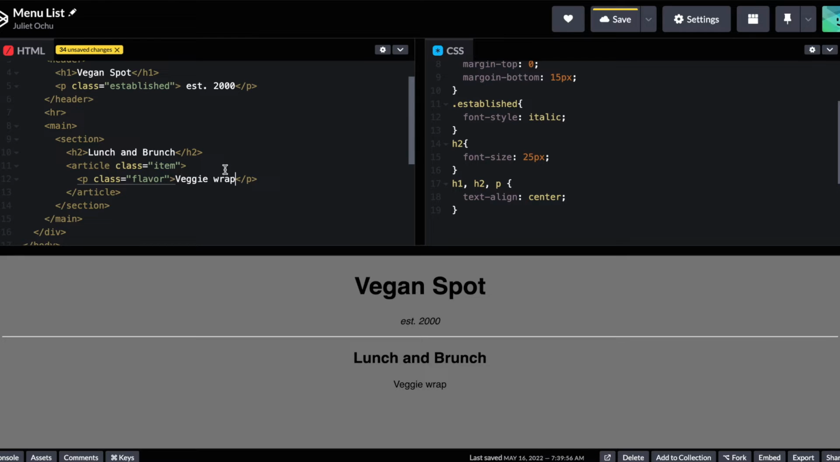We'll do the veggie wrap, and within the same article tag, let's add a p tag, another p, and the closing tag for the p. So here we'll add the price. The price will be, let's say, 3. But within the p tag,